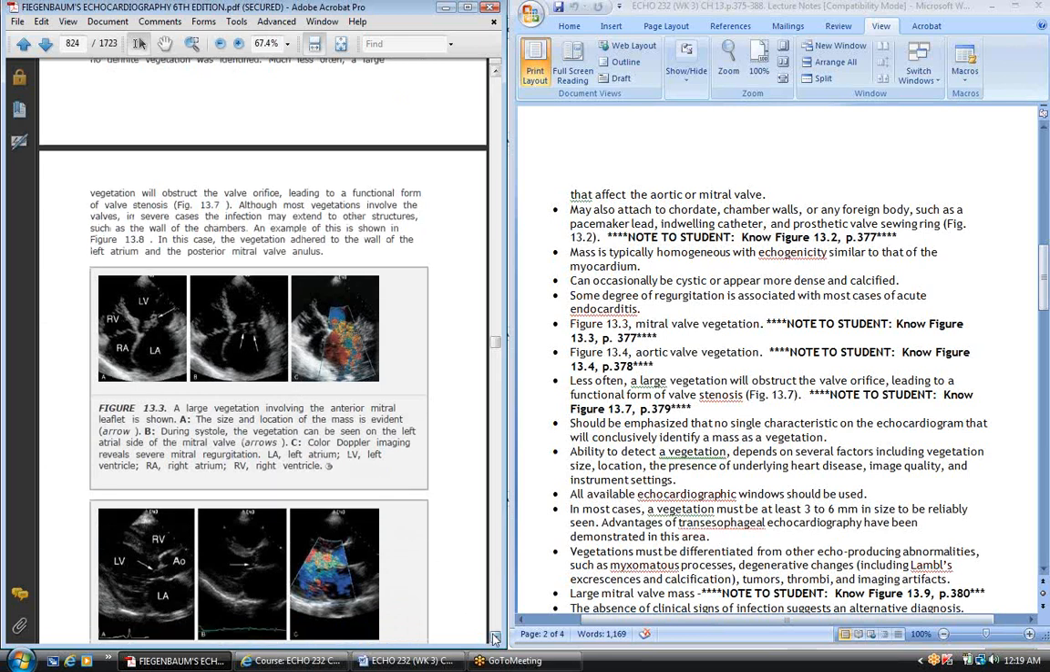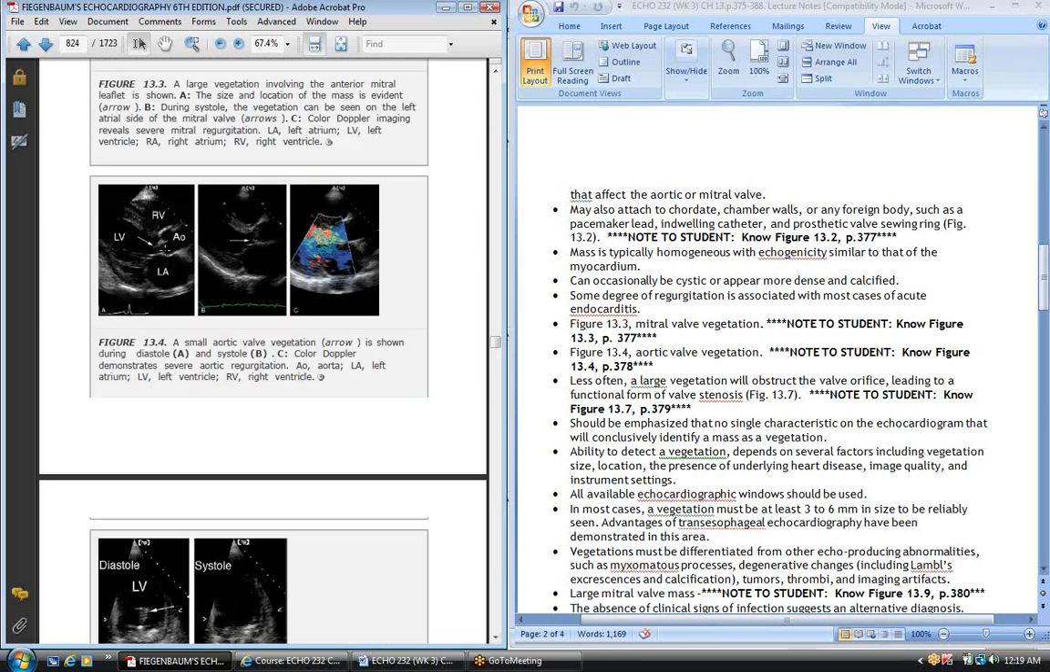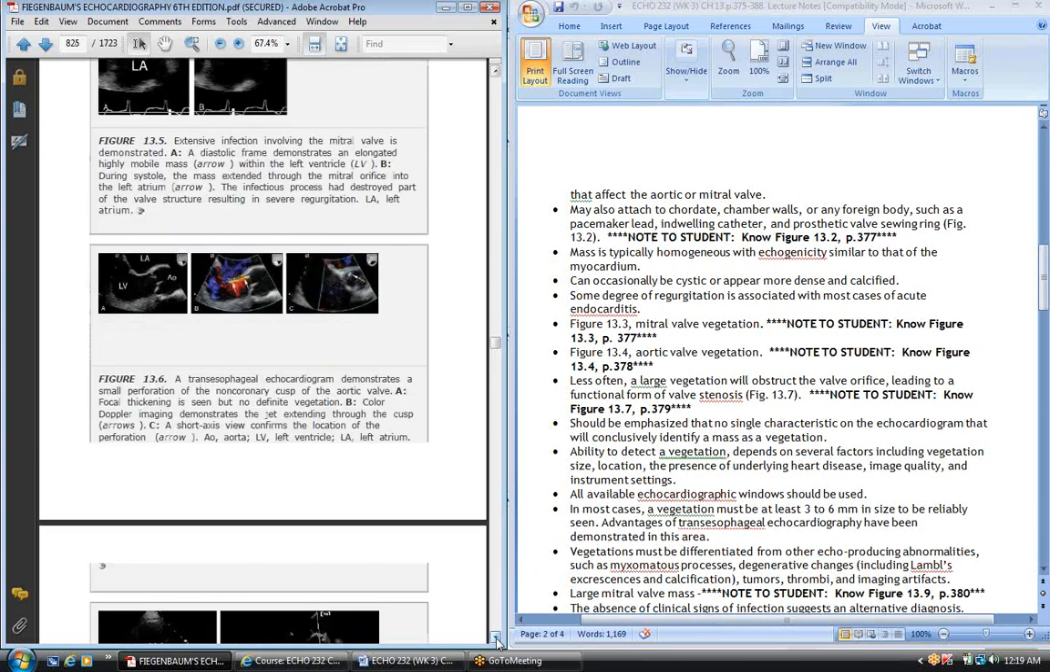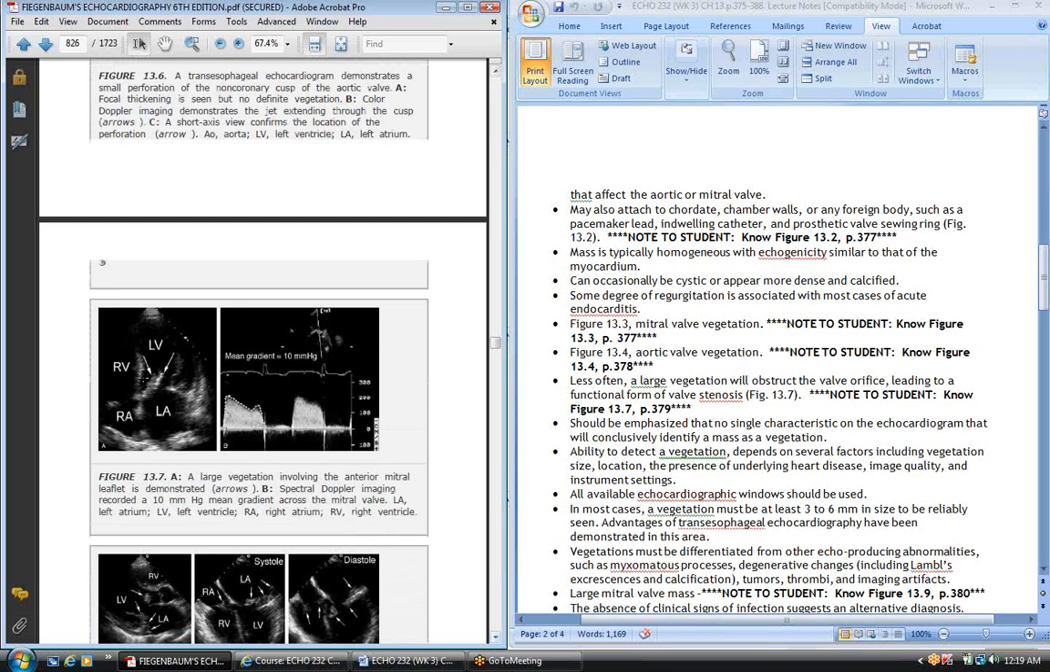13-4, aortic valve vegetation and associated colors. Less often, a large vegetation will obstruct the valve orifice, leading to a functional form of valvular stenosis, and that's in 13-7. So it's actually going to obstruct the valve orifice itself, leading to your spectral Doppler, which almost has the appearance of mitral stenosis. It should be emphasized that no single characteristic on the echo will conclusively identify a mass